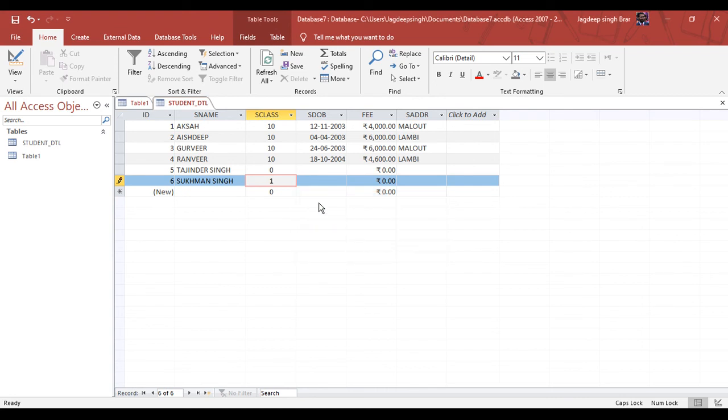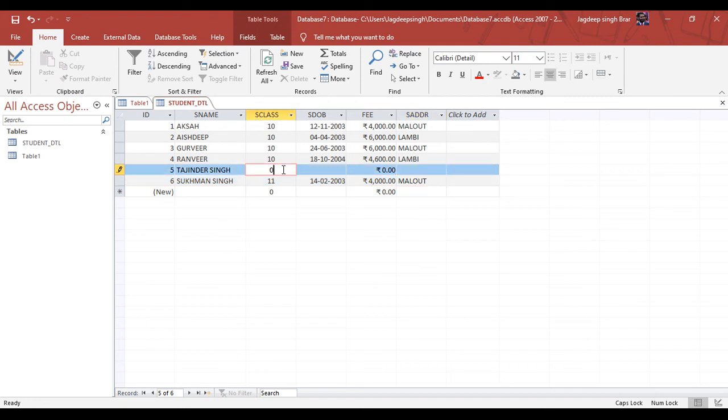So here the user is allowed to enter only the valid class. Then here you can type the date of birth. Then you have to enter the fees. So here we just enter the value.